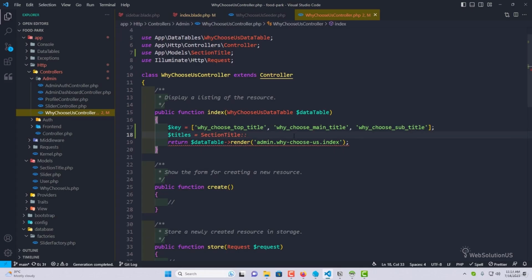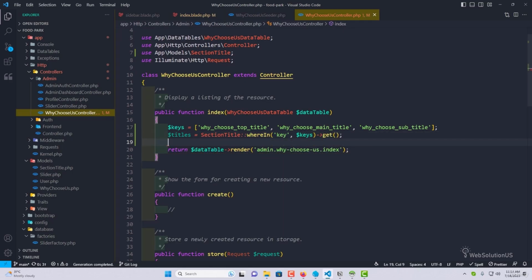So here what I'll do, I will add a where in condition, and the table that we will be searching in will be the key table, and what we'll be searching for is these keys. Make sure you call it keys actually, because we have multiple keys. So this one, now we can add here get, like that. Okay, now to make sure, we can add here die-dump and see what kind of data we are getting. Just copy it, paste it here,